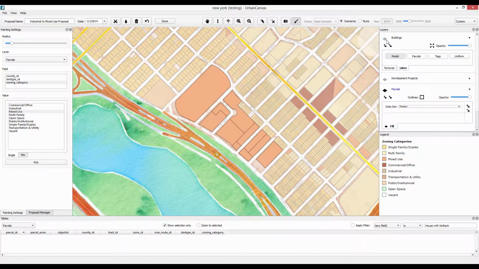Let's look at an example that demonstrates another feature of the Paint tool, the ability to paint with a range of values rather than a single constant value. We'll visualize a possible build-out of an area where we expect buildings between 2 and 8 stories. We can do this without having to individually assign heights to each building. Select the building layer and turn it on.